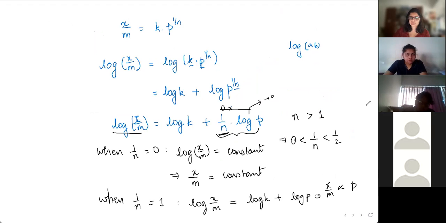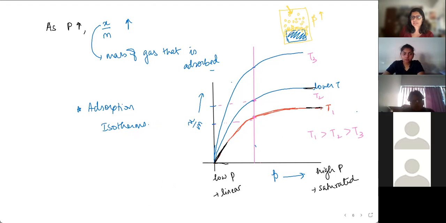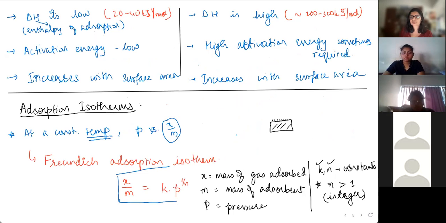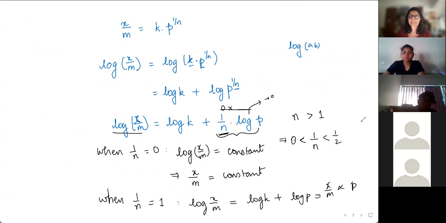What's n and m? Shantanu, m is the mass of the adsorbent, the same thing I had put down here. मतलब adsorb करने के लिए the solid substance that you took, कितना mass लिया? 1 kg, 2 kg, whatever. n is a constant, not completely random, but related to what gas you took and what adsorbent you took. So k and n are constants, m is mass, x is a mass, p is pressure. ठीक है?